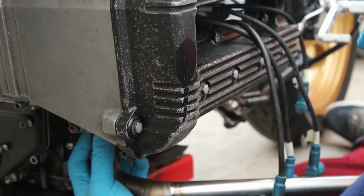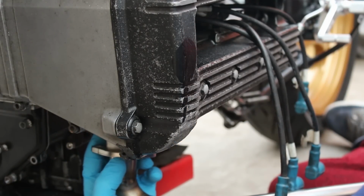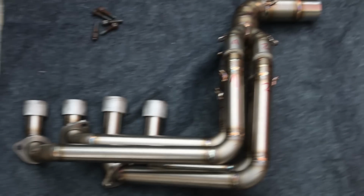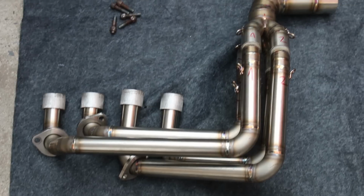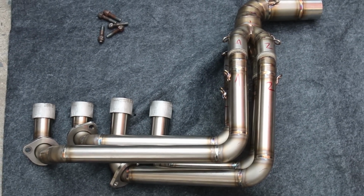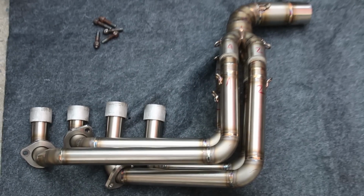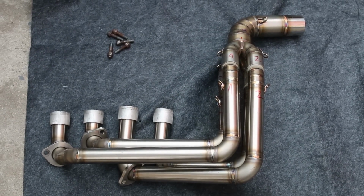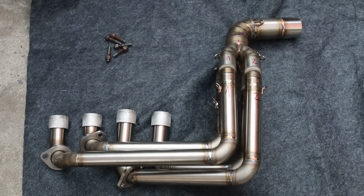Now, my first attempt at installing it saw that I tried to do each header one by one, but no, the better way to do it is to just install them all at once, with the entire system together except the muffler. It's a piece of cake that way, but the problem is that I remembered that I had lost a few exhaust studs for the header pipes while I was running the bike around in preparation for the bike show. They fell out onto the road somewhere, but even while missing 3, I was able to install the pipes